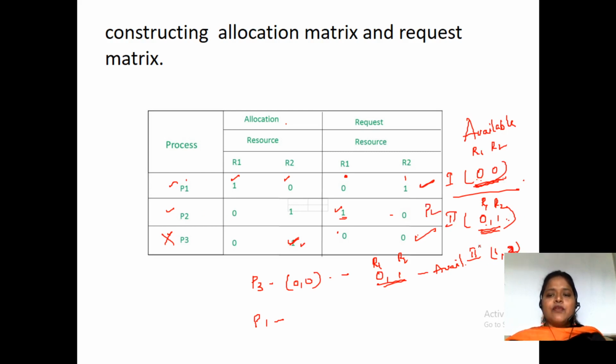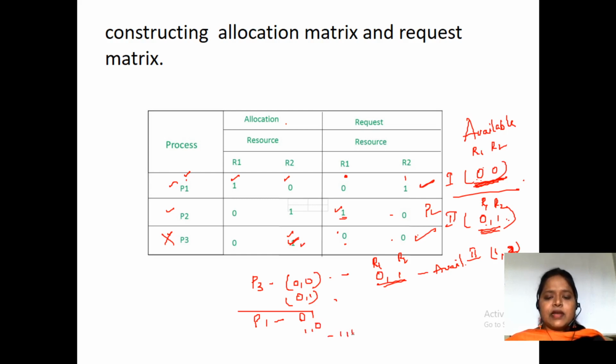So this is how we have to see with the available resources, are we fulfilling any of the resource requests? Yes, with 0 0 I am fulfilling 0 0, in the sense it will release R2 resources. So previously it was 0 0. After P3 releasing, it will be 0 comma 1. With this 0 comma 1, can we satisfy anything? Yes, 0 comma 1 we can satisfy P1. So P1 is 1 0. P1 needs 0 comma 1 and what it is released? 1 comma 0. So here previously it is 0 comma 1 and now it is 1 comma 0.